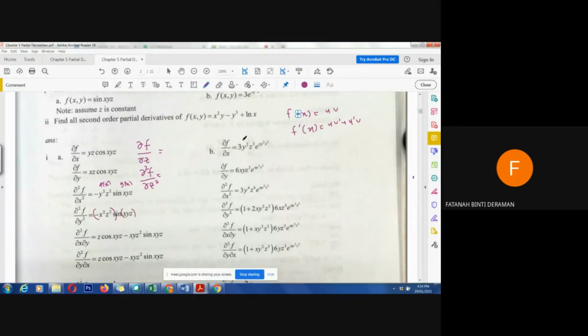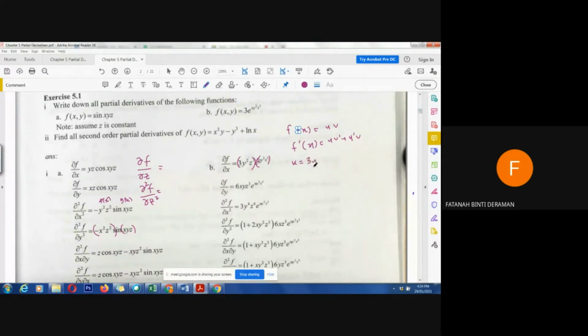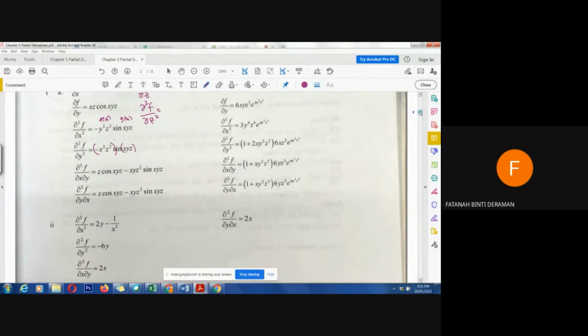Okay. This also happens here. We have this function, and then another one, this e function. And then we can put u equals 3y squared z cube, and then v equals e to the x y squared z cube. Okay. So you need to identify this, and then they simplify, they get this answer. Okay, for now, do you have any questions?